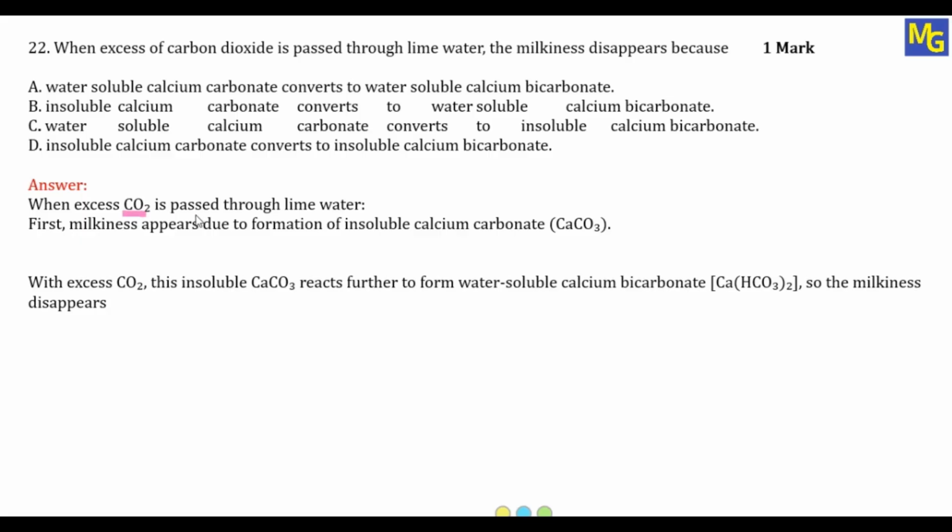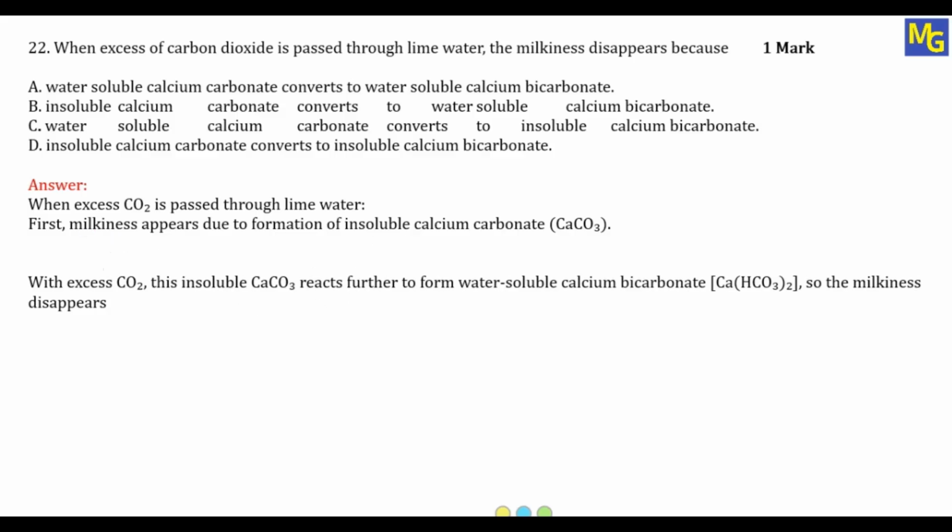When excess of CO2 is passed through lime water, what happens, that we have to tell. This we have to see step by step. First we will see, when we pass carbon dioxide in lime water, what will happen, and then when excess of carbon dioxide is passed through lime water, what will happen. First, milkiness appears due to formation of insoluble calcium carbonate. Whenever CO2 is passed through lime water, calcium carbonate is formed, and this is insoluble, which will not dissolve. It will remain as it is, and due to this, we can see the formation of milkiness in the lime